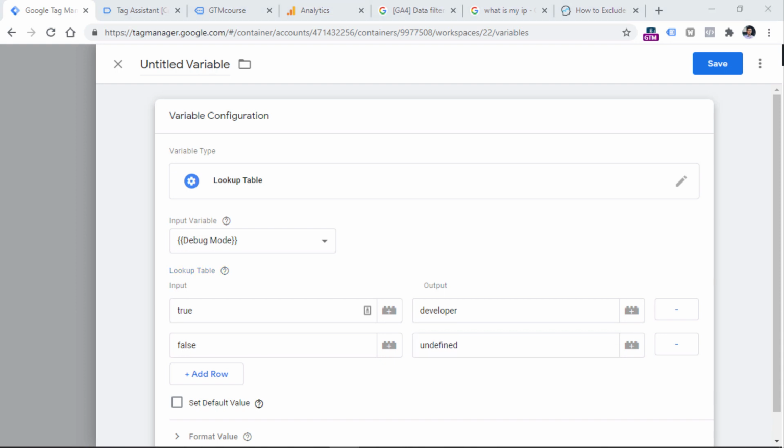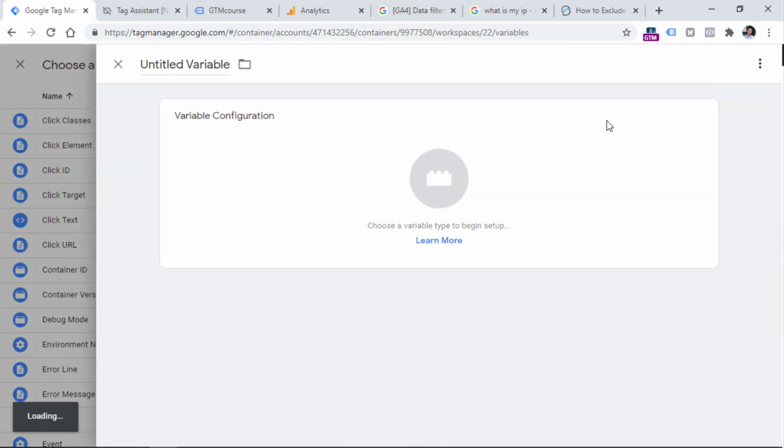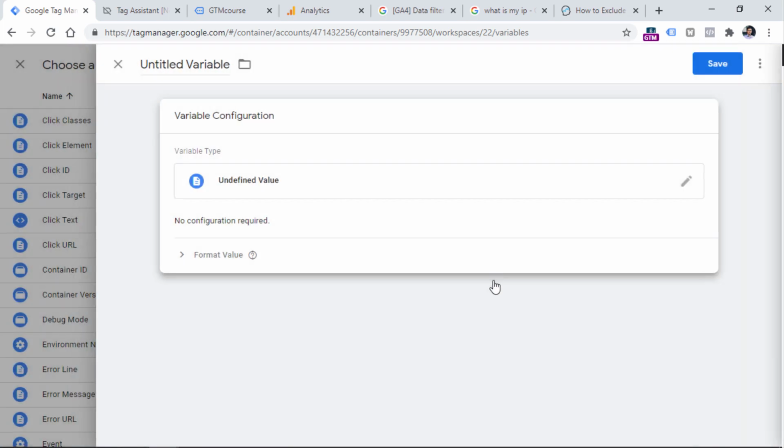And in Google Tag Manager, there is a different way to tell that we don't want to send any value. Not the word undefined, but actually no value. And that is possible with a variable called undefined variable. So let's delete that word, then click on this variable button, then click the plus icon here, variable configuration, and then choose undefined variable.